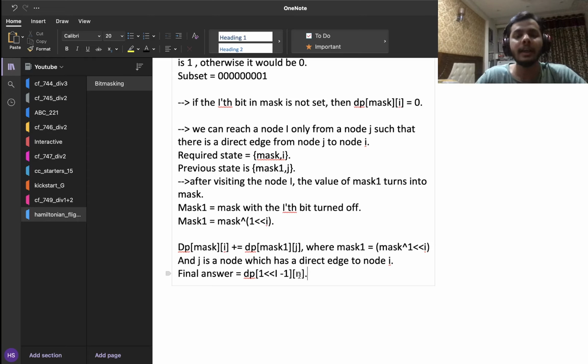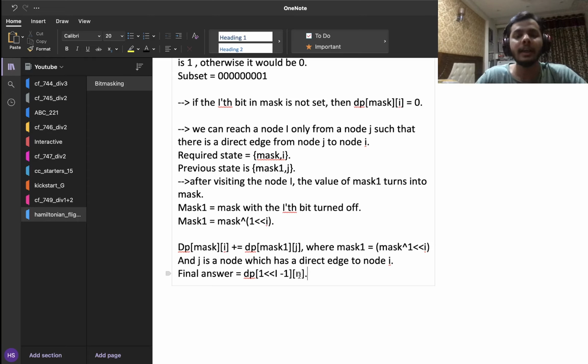Yeah, so with that done, let's just have a look at the code. The code also is not very long, it is a really small code, right? Yeah, so according to the problem, in the input we are getting an n and an m, and finally we are getting the information about all the edges. So that is what I'm doing. I take in n and m and I create an adjacency list.